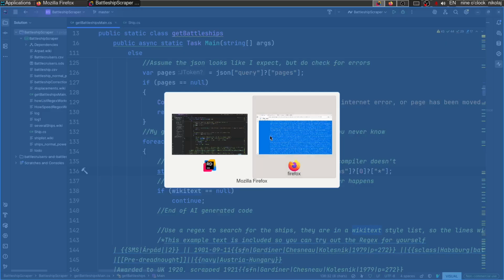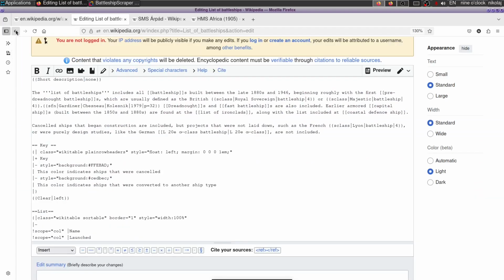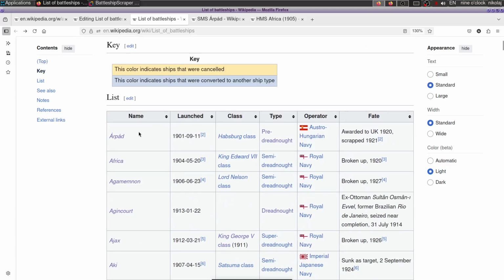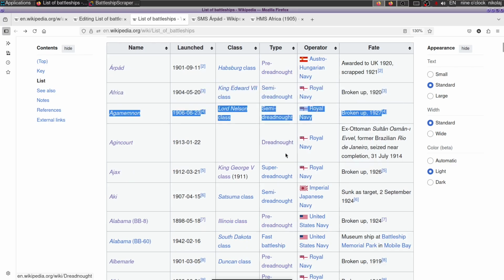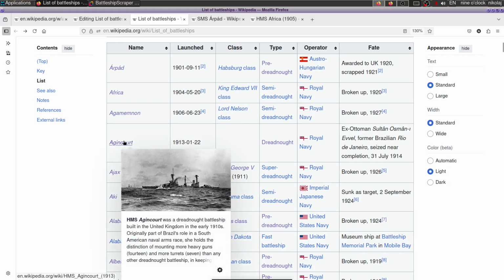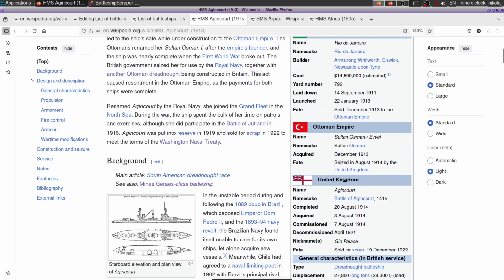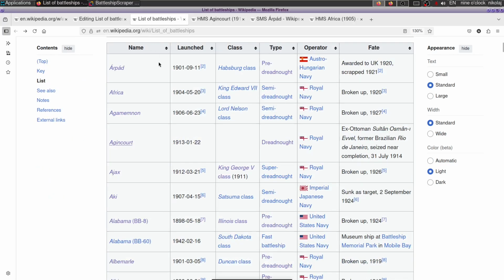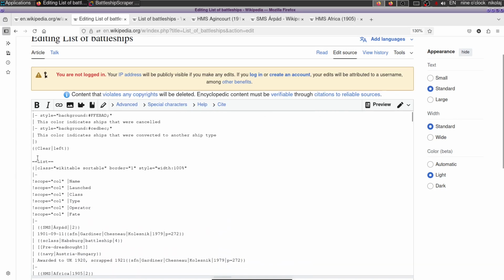The main point is that here I have extracted the Wikipedia text, and now we need to do two things. First thing first, we need to loop over every single ship in this table. So every single row in this table we want to loop over, and then we want to find this link here to the Wikipedia article, go to that link and do something more to read off the displacement and the horsepower of the ships. And if we go back to the wiki text, we see that the list starts here. There's a bit of a header, and then